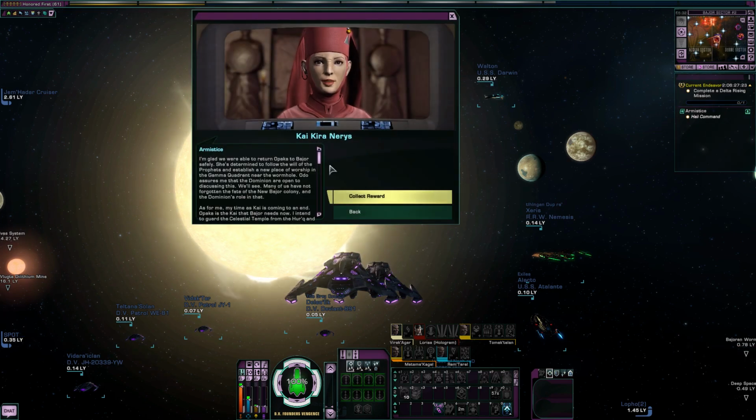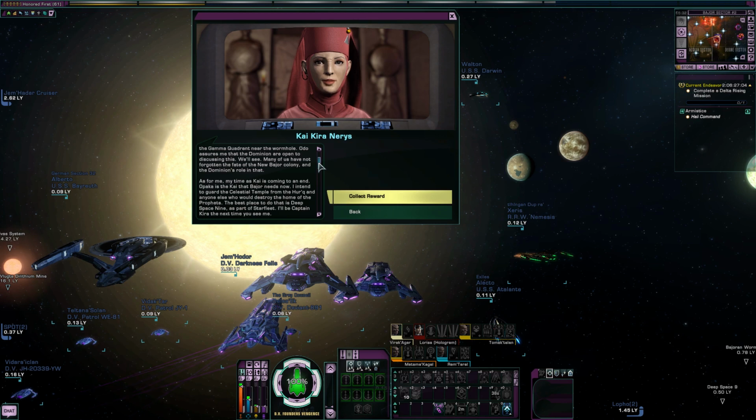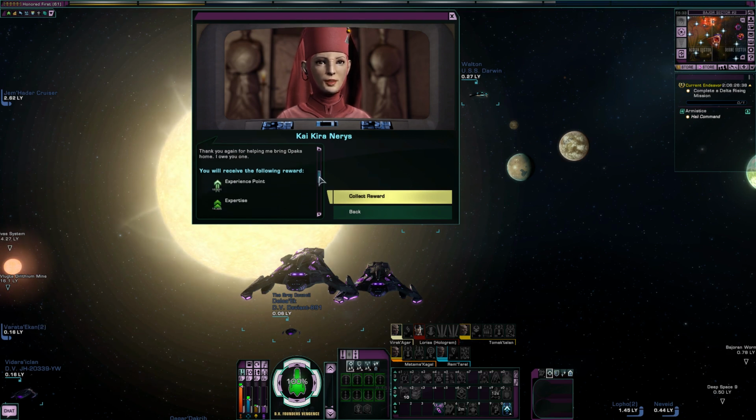I'm glad we were able to return Opaka to Bajor safely. She's determined to follow the will of the prophets and establish a new place of worship in the Gamma Quadrant near the wormhole. Odo assures me that the Dominion are open to discussing this. We'll see. Many of us have not forgotten the fate of the new Bajor colony and the Dominion's role in that. As for me, my time as Kai is coming to an end. Opaka is the Kai that Bajor needs now. I intend to guard the Celestial Temple from the Herc and anyone else who would destroy the home of the Prophets. Best place to do that is Deep Space Nine, as part of Starfleet. I'll be Captain Kira the next time you see me. Thank you again for helping me bring Opaka home. I owe you